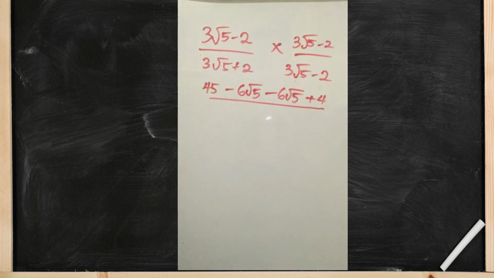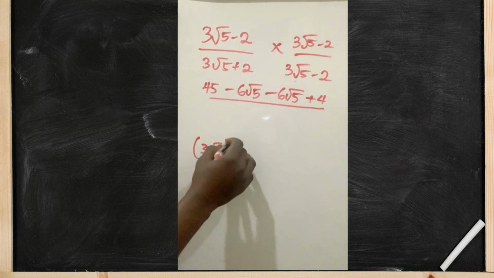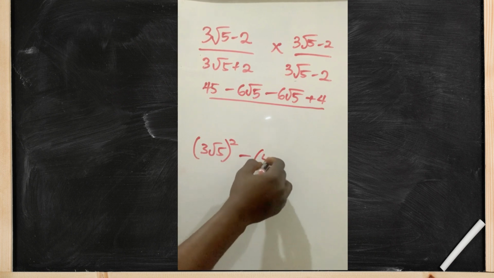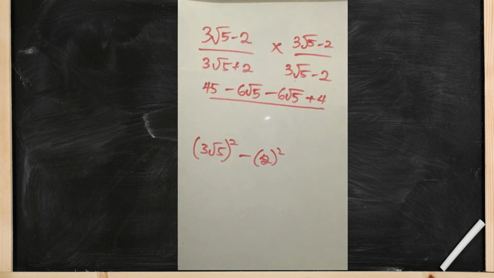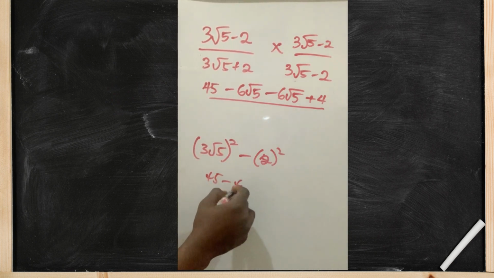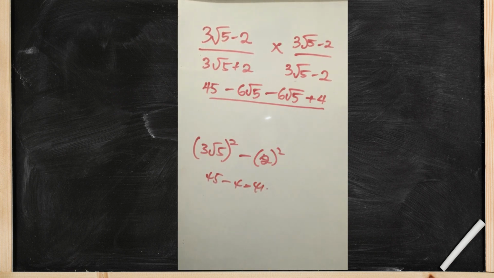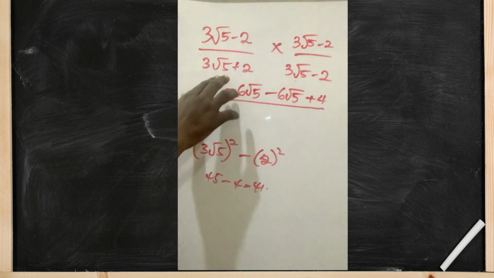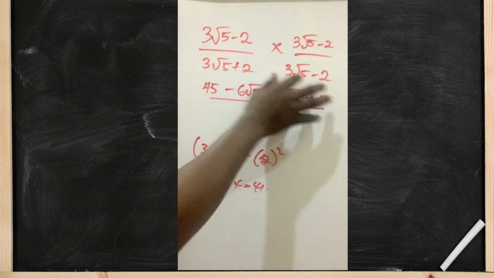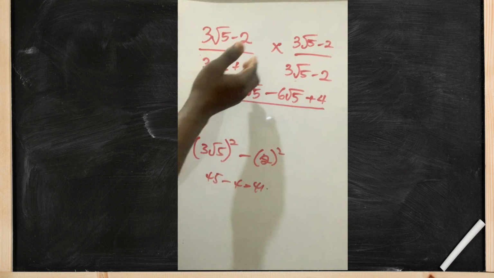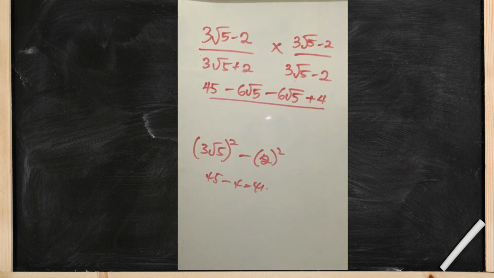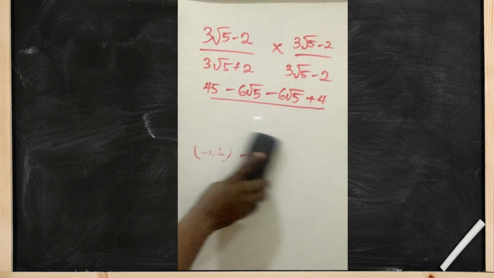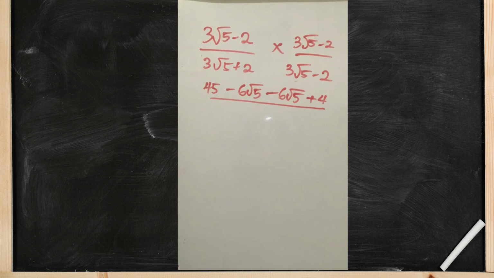Basically, when you have something of this nature, you know that your eventual solution will be this. So you're having 45 minus 4, that's 41. That will be the eventuality. Once you're having something of this nature in which you have the negative and the positive sign that separates it,